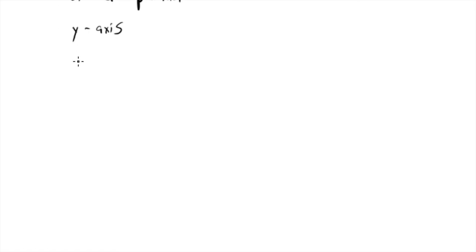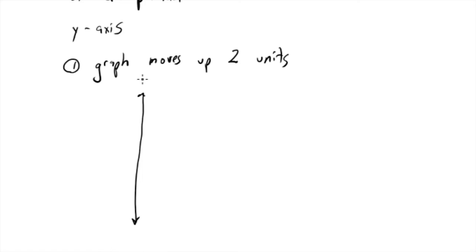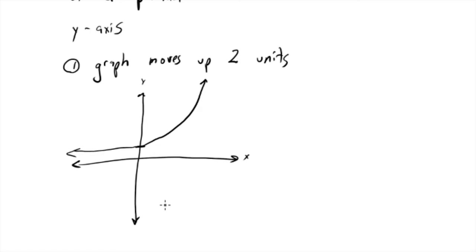So in the first case, case 1, the graph of our original 2 to the x would be moving up 2 units. So how would this look? We start with our original, where y equals 2 to the x. Our graph then, for this first case, would be moving up by 2 units. So where y is 1 previously, it would be adding 2, so 3, and it would have exactly the same behavior